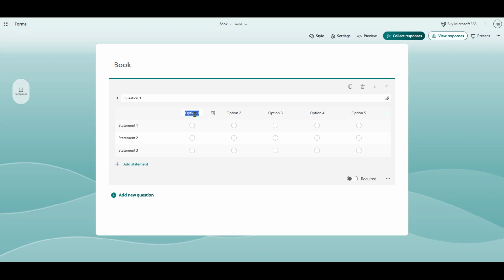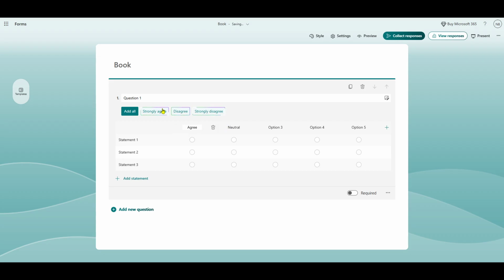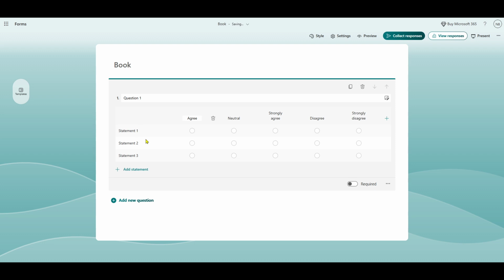Incorporating a Likert scale in your Google form can significantly enhance the quality of data you collect. The structured response format allows for easier analysis and comparison of opinions. Whether you're evaluating a product, researching social attitudes, or seeking feedback on a service, a Likert scale can provide clarity and depth to the responses you gather. By understanding and utilizing this tool, you're setting yourself up for more effective data collection and analysis.